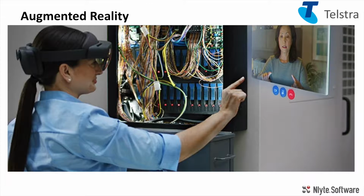Yeah, so Telstra's been on a little bit of a journey with augmented reality that started with their customers. You can have an AR or VR retail store, and we had a look at what they were doing and thought, gee, there's definitely some functionality that we could use in data centers, for the remote locations, or even any sort of location really. So we talked to Nlight and we saw the videos and the presentations, and we were just incredibly blown away by the capability. So we're looking to get that up and running in our environment, and hopefully we'll be running a few test cases or pilot programs